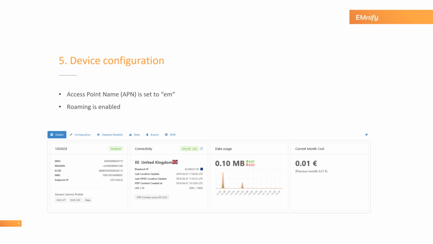And of course, roaming needs to be enabled because as a virtual mobile operator, we are always roaming. This is usually the case for IoT devices, but if you're using our SIM cards in smartphones, like we're mostly testing here at EMnify, then you need to make sure roaming is enabled. And once your device is online,